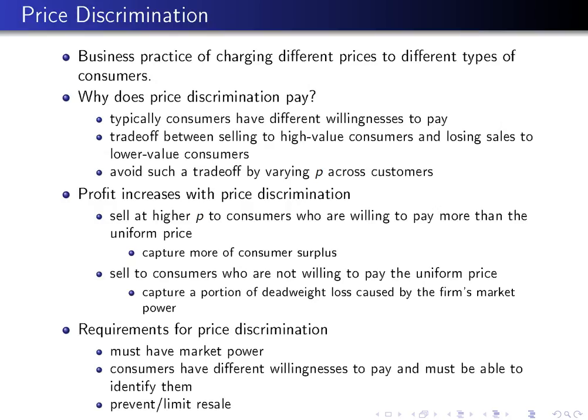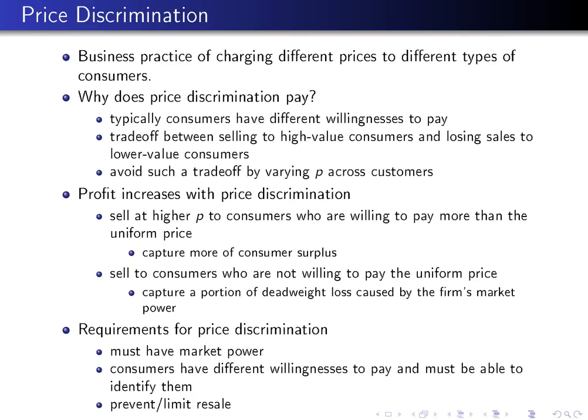In order to price discriminate, firms must meet a few criteria. First, they must have market power. That is, they must have the ability to set their price or influence the market price. Second, consumers must have different willingnesses to pay, and firms must be able to identify those consumers as well as